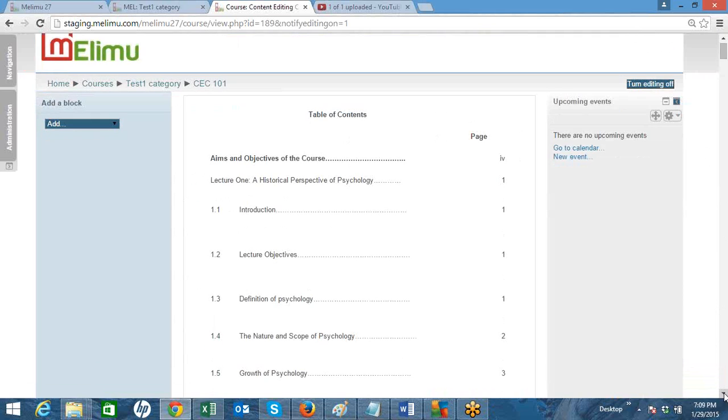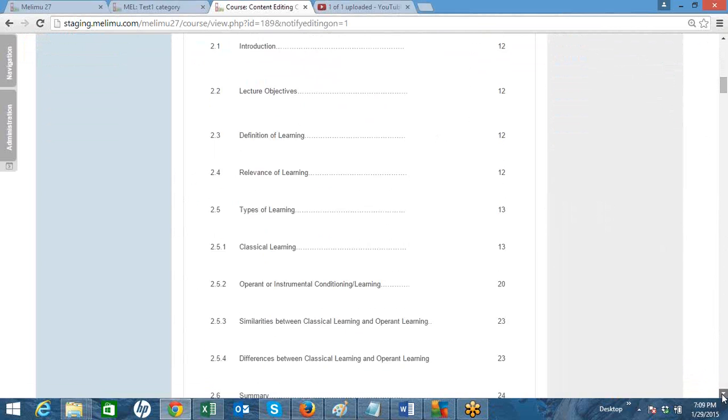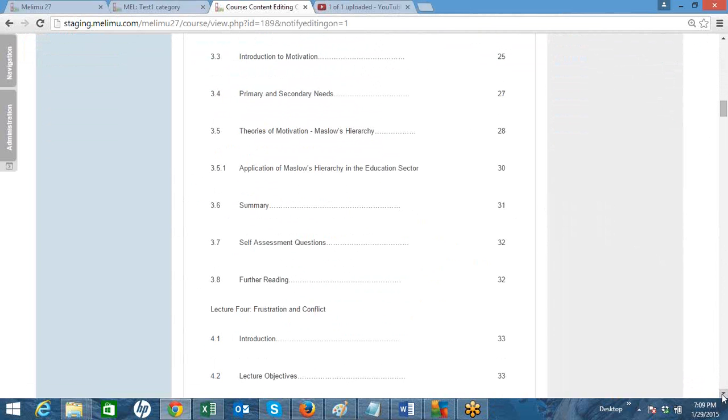Then see if the formatting of the text is looking proper, whether there are double spaces. If you don't want the double spaces to come in between the topic, then please make notes and provide them to the user so that he can delete the double spaces. See whether proper things are made bold, italic, and whether they are properly aligned, and so on. So you have to properly review whether the topic is properly formatted or not.